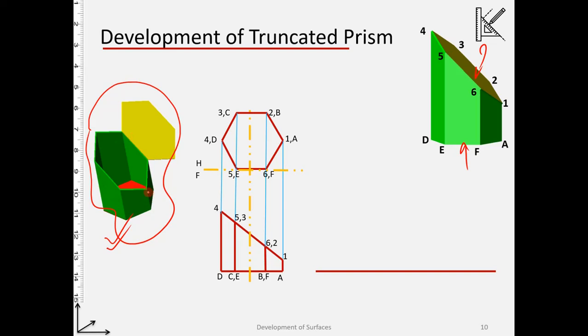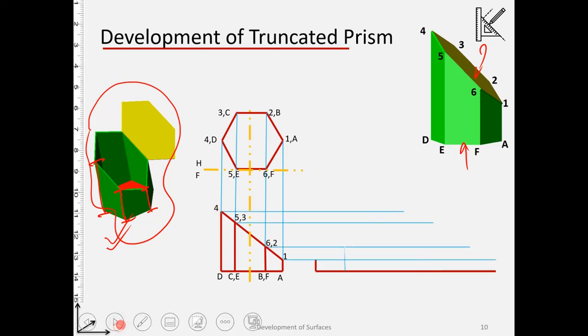Say at 1 we have a certain height, at 2 we have a certain height, at 3 we have a certain height. Where are we getting these heights from? We are getting these heights from the front view. So I will be drawing now the projectors from the front view. Let me do that. So if I do the projectors from the front view to show the different heights, that is how the projectors are there.